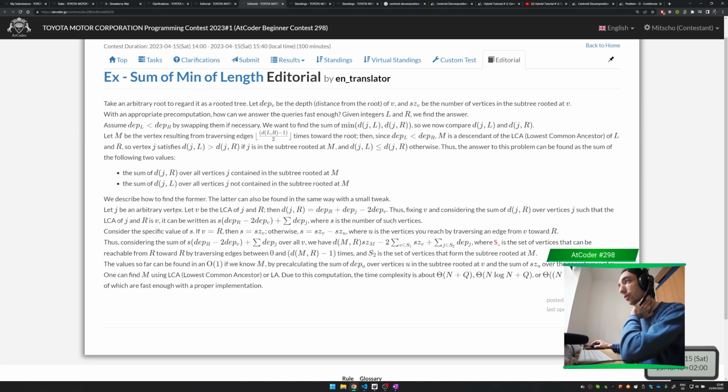Okay, let J be an arbitrary vertex. Let V be an LCA of J and R. Then the distance between J and R is the depth of R, yes. Thus fixing V and considering the sum over vertices R can be written as S times depth of R minus the depth of V plus the sum of depth of J. Consider the specific value of S. If V is R, then S is